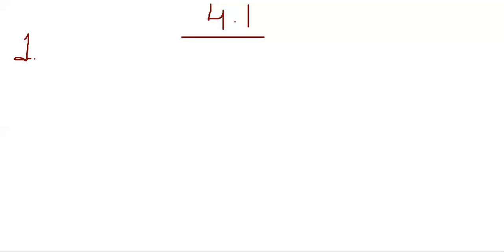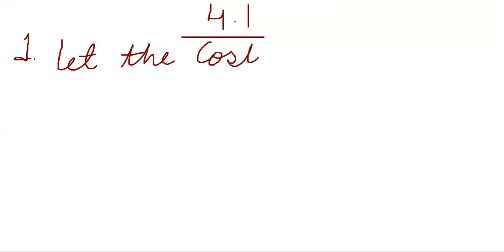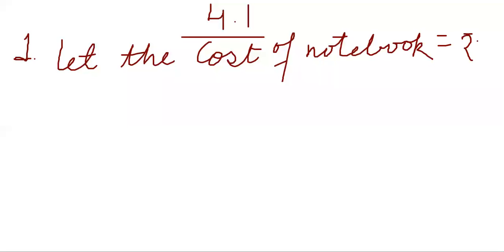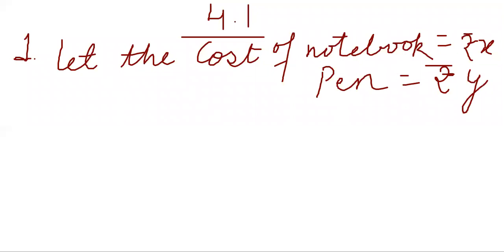Okay, so हम let करेंगे, let cost of notebook is equal to rupees x, because here we are doing two variable. So हम दोनों के लिए, दोनों जो हमें given है things, उनके लिए अलग अलग variable let करेंगे. नोटबुक के लिए ले लिया x, पेन के लिए क्या ले ली y, right? Two variables we are taking. You can choose any variable. आप variable choose अलग कर सकते हो, right? So notebook के लिए हमने ले लिया x, पेन के लिए y.